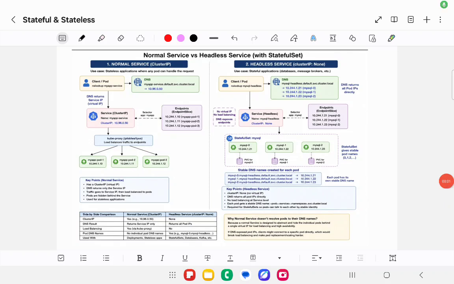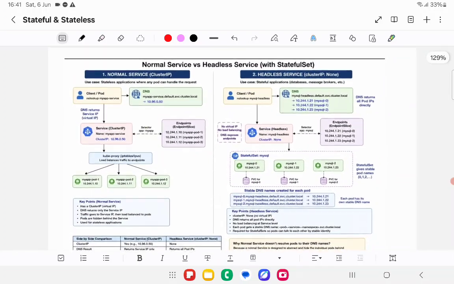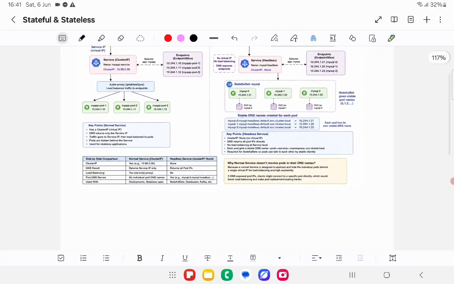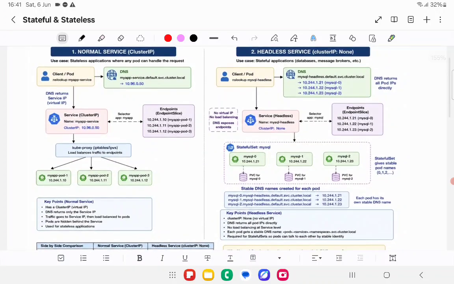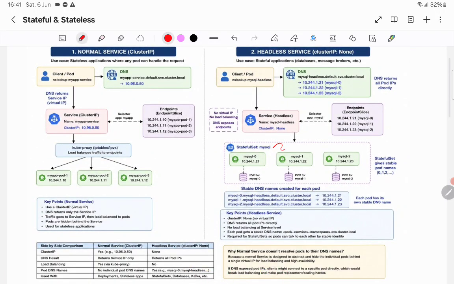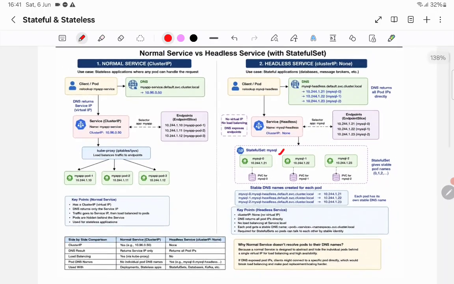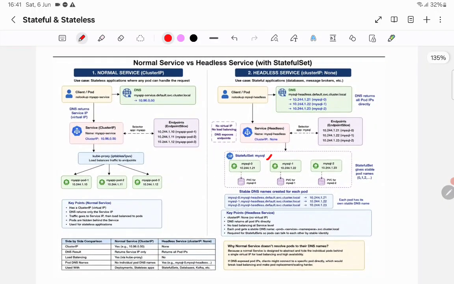Hi everyone. So in this class, let's see the differences between stateful and stateless applications. So how it works internally, because I want to solve few questions on stateful sets. So I just want to clear up whatever the concepts of these stateful sets. Before you understand what the stateful sets are, you need to basically understand the differences first, like how it